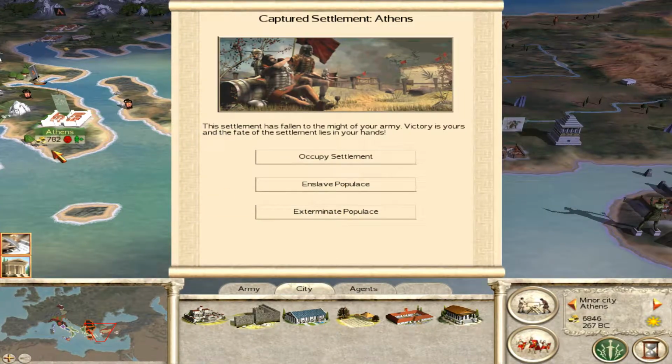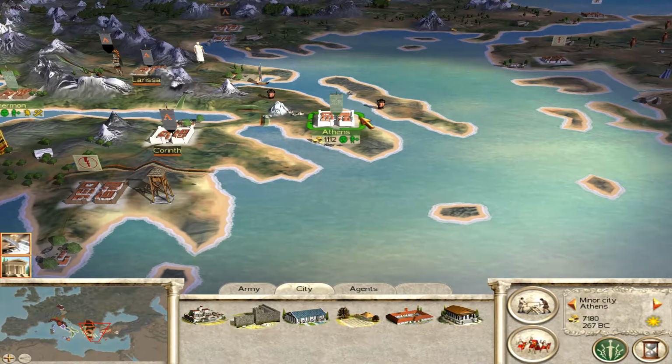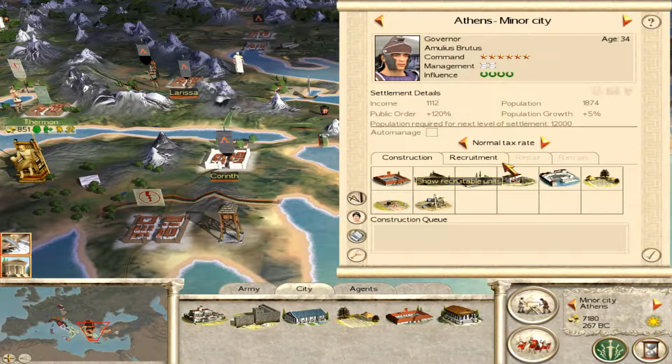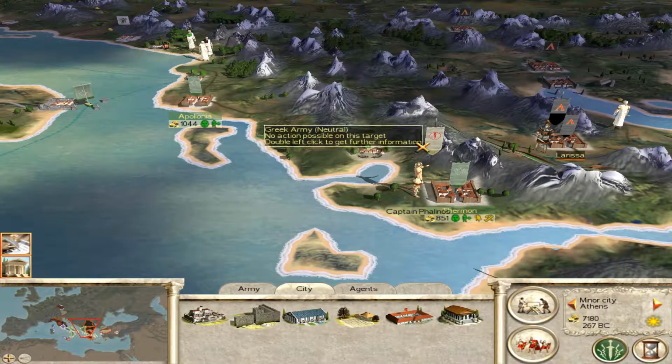And now we've taken Athens, but they are not happy. Potentials for rights. I'm going to enslave the populace. Yeah, and that makes them happy for some reason, because now there's less people in the capital. I might actually be able to raise the tax rates. No, it goes below 100% if I raise the tax rates. Yeah, so... Oh god, what's going to happen here? I don't know if the Greek city-states...